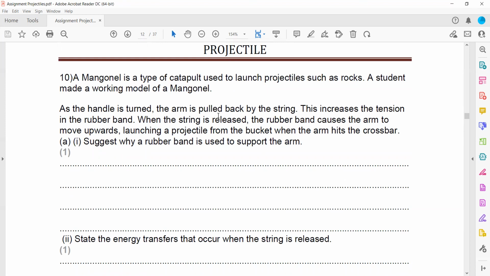As a handle turned, the arm is pulled back by a spring. This increases the tension in the rubber, and when the string is released, the rubber band causes the arm to move upward, launching a projectile from a bucket. When the arm hits the crossbar,